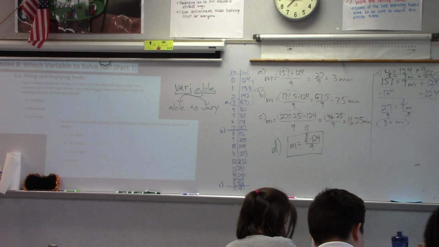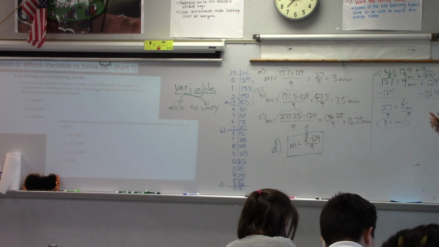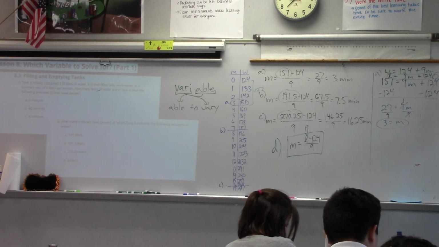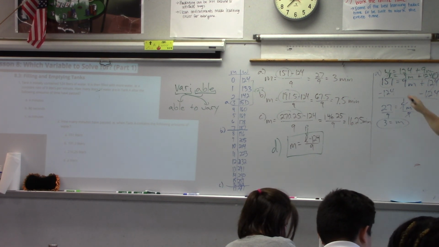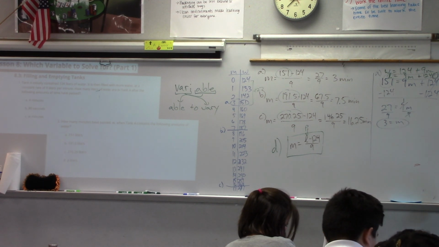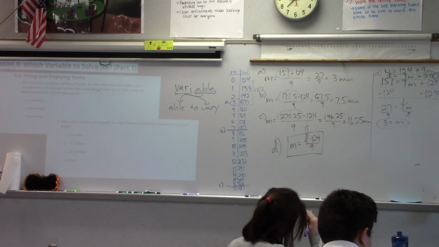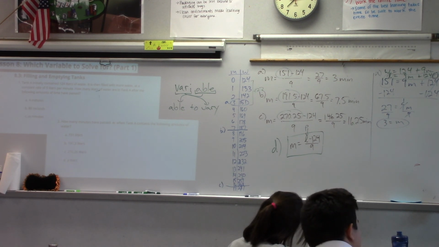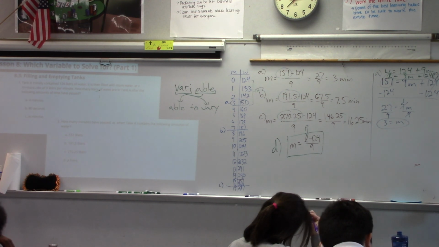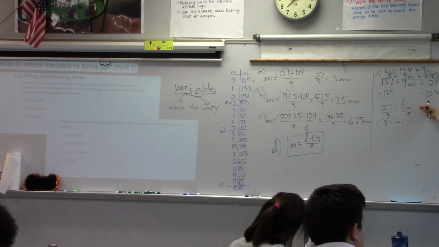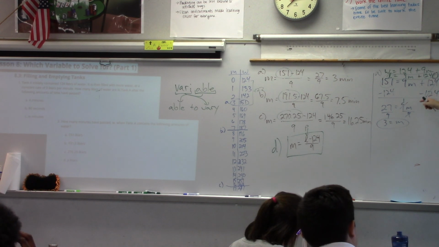What'd you do? I subtracted it to make it a 0. Notice, what's 124 minus 124? 0. Okay, cool. So why do you subtract 124 on the left-hand side? Because you gotta do it on both sides. Why? Nice. It's a property of equality, so you're making sure the equation is equivalent. There we go, right? We're getting a new equation here, right? But is it equivalent to what we started with?